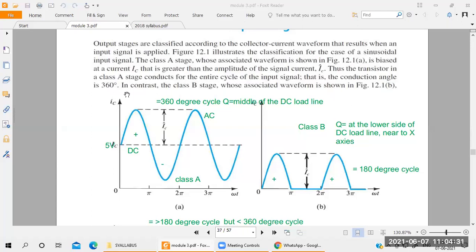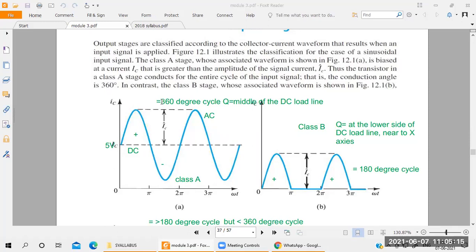But here in the Class A amplifier they have taken a BJT. For the BJT the output terminal is the collector. So you take the y-axis as current and the x-axis as time period. So almost you take the output of the BJT here. Here you take a variable output signal. Variable means it's an AC signal. Continuously there is a change in the cycle, from positive cycle to negative cycle. Almost we're getting a full cycle. For the Class A amplifier, almost we're getting a full cycle, which means a 360-degree cycle.